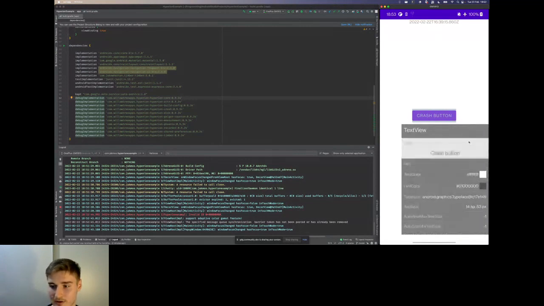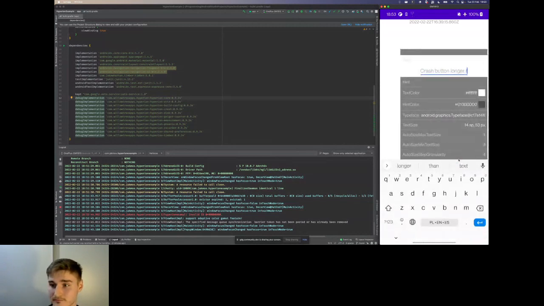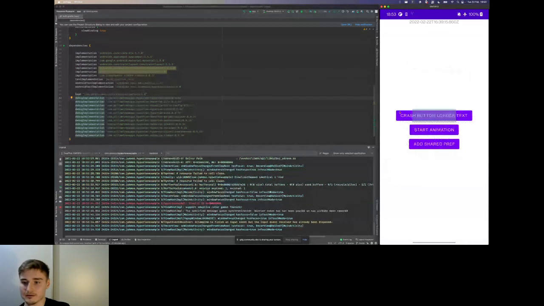For example, we can make the button larger. So let's do it. And as you can see, our button is now longer. We've changed its text. We can see how it looks after that change.